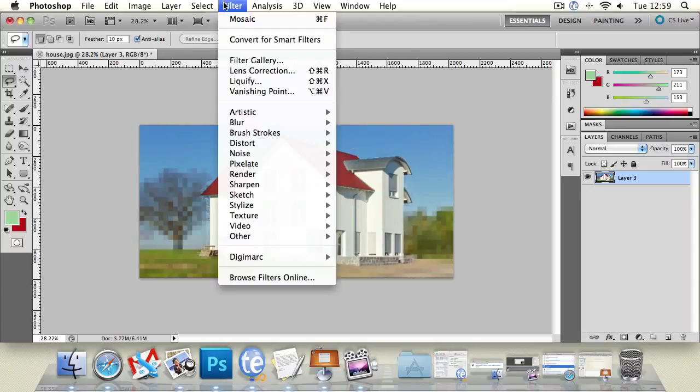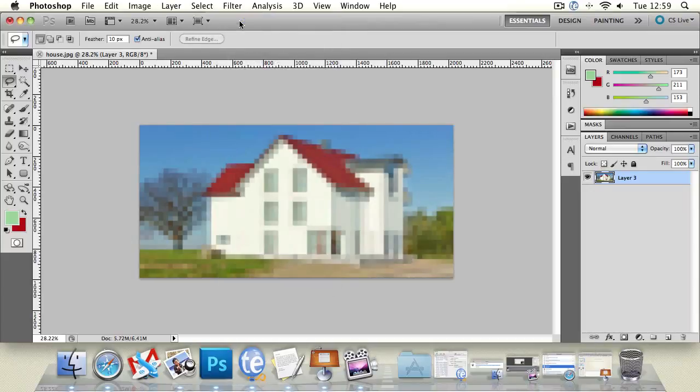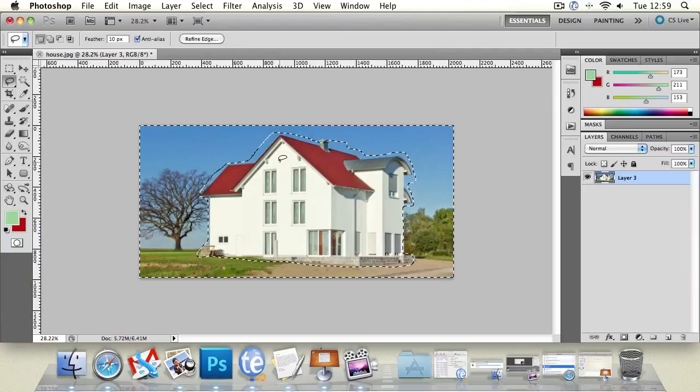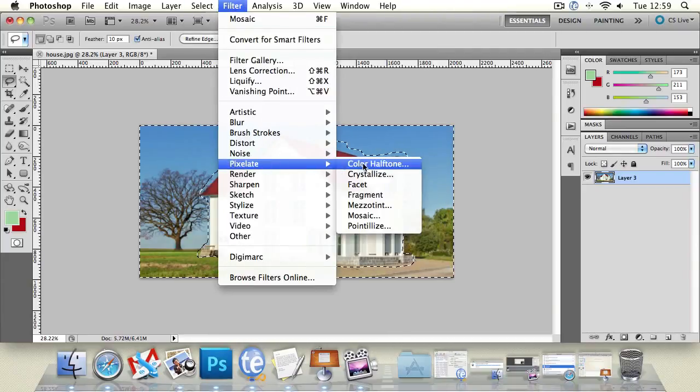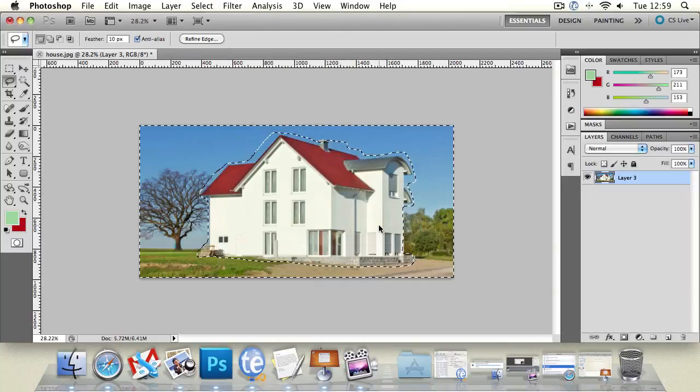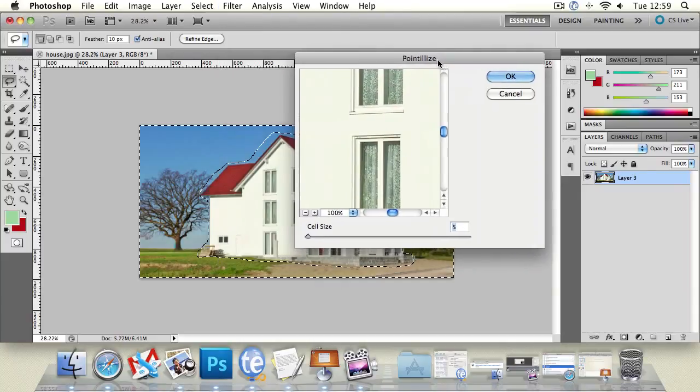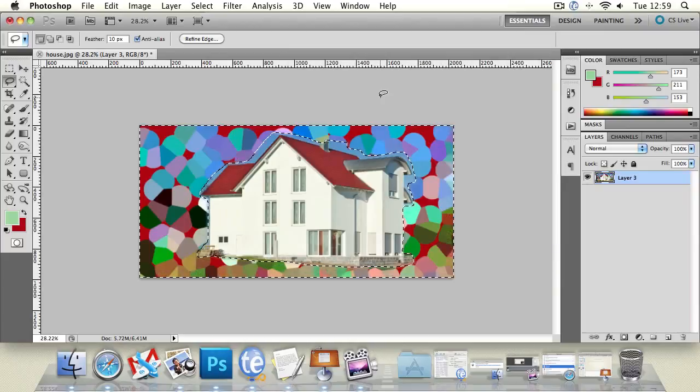If we were to do it to the whole of our image, it kind of makes the house just look like we've made it on a really old school graphics editor. So that's an interesting effect. You can do pixelation. There are actually loads of different types of pixelation. You can do pointillize, and it's just a matter of playing around, seeing what happens, and changing the effects